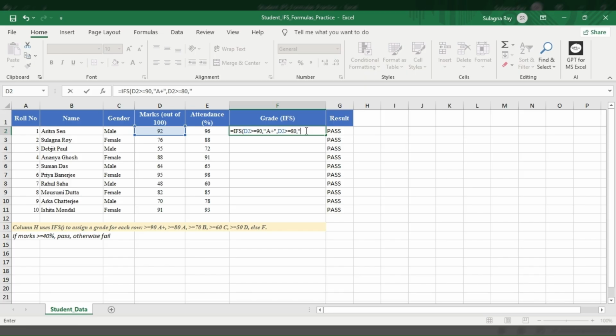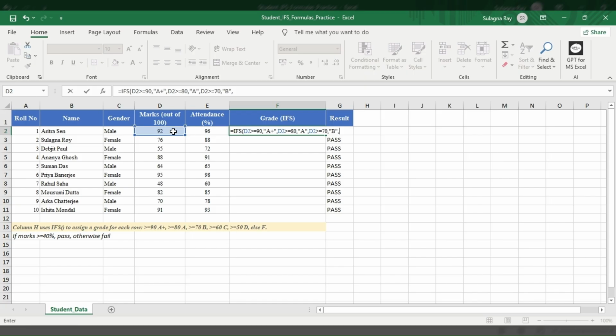It will be A. Type A within inverted commas. Again press comma. Then the logical test 3. The third condition is if the marks is greater than or equal to 70, then it will give B. So again select the marks cell, type greater than or equal to 70, press comma, again type B.